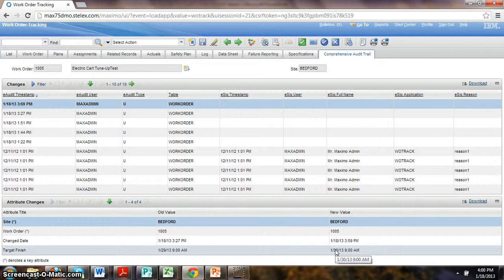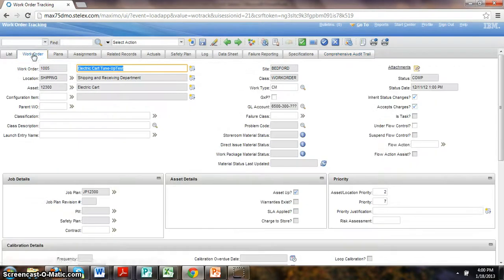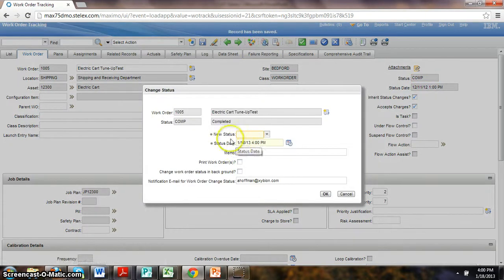In addition to tracking changes across the attributes inside of the work order, one of the other things that Maximo will do is integrate with the eSig capabilities. If we go back into the work order and we make a change to an eSig required field, such as status, we'll go up here to the top navigation and do a change status order. We're going to change the status to a new value. We're going to mark it as closed